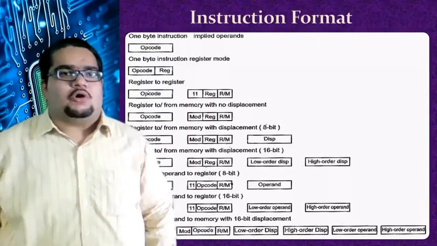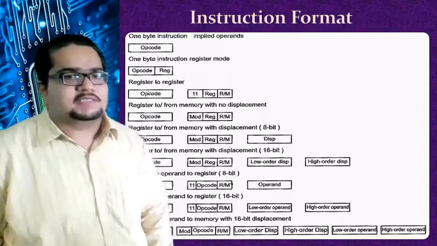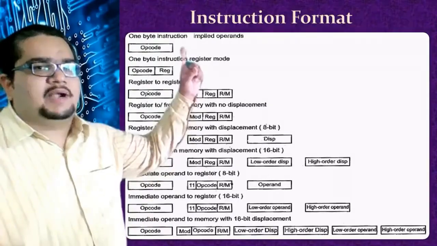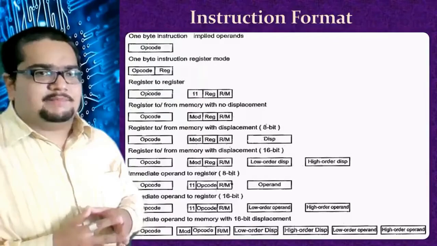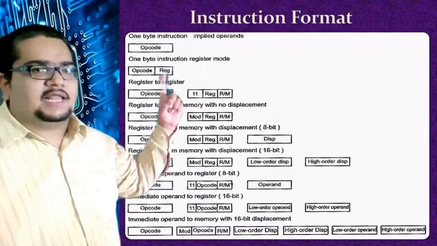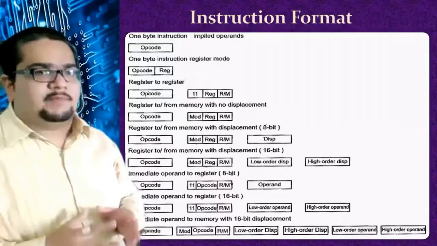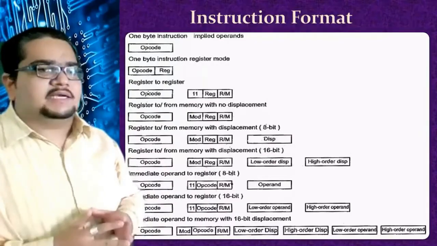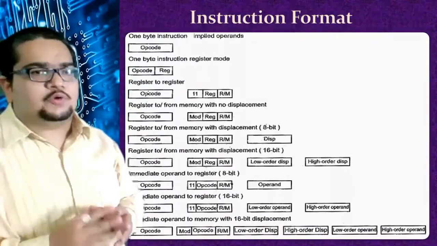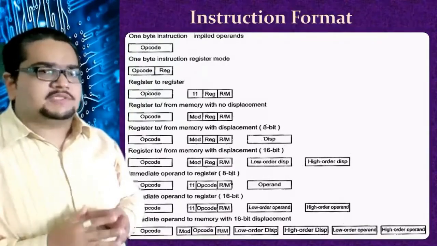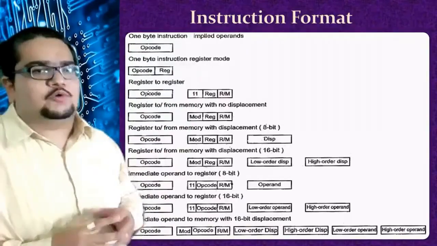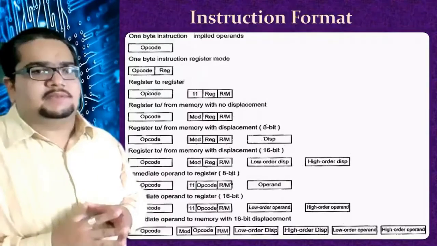So here you can check out all the different instruction formats, which we checked in the last class. We started with the 1 byte instruction formats where operands are implied directly. Only the opcode is written in the instruction. The second type is also only 1 byte, but within that 1 byte there is a short opcode of 5 bits and another 3 bits which are the code of the register for which that operation has to be performed. We have seen the table of all the different register codes available.